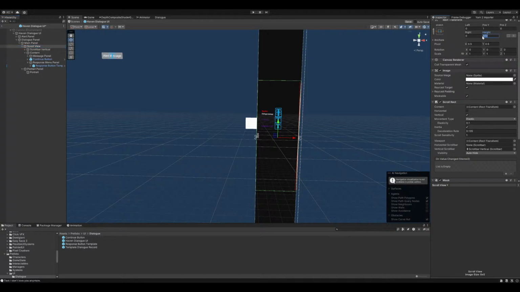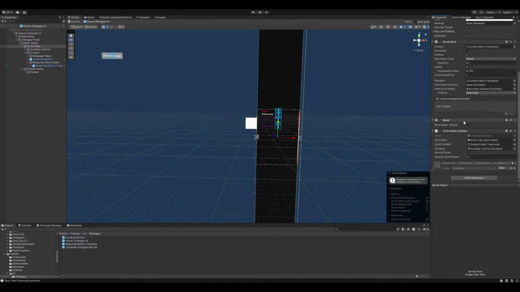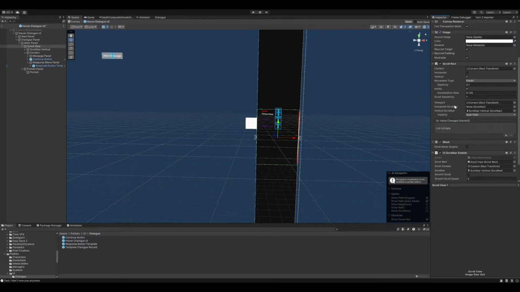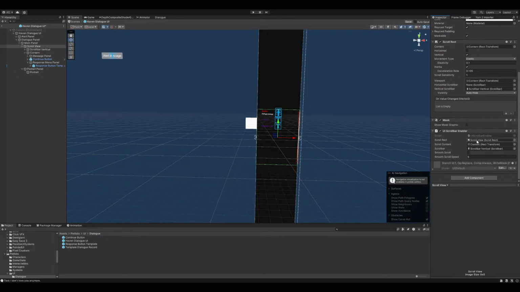So set this like 400. Is the problem that our mask is enabled, our image is enabled? And can we